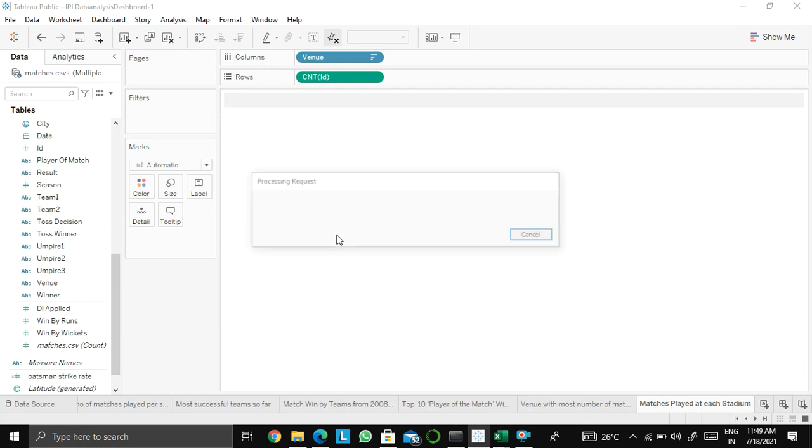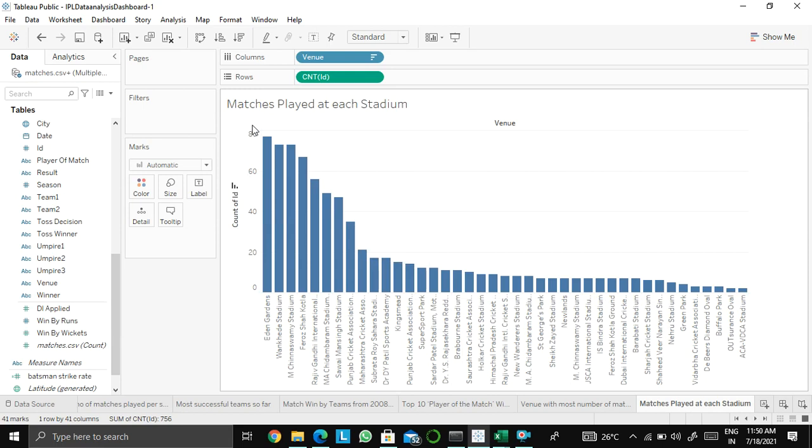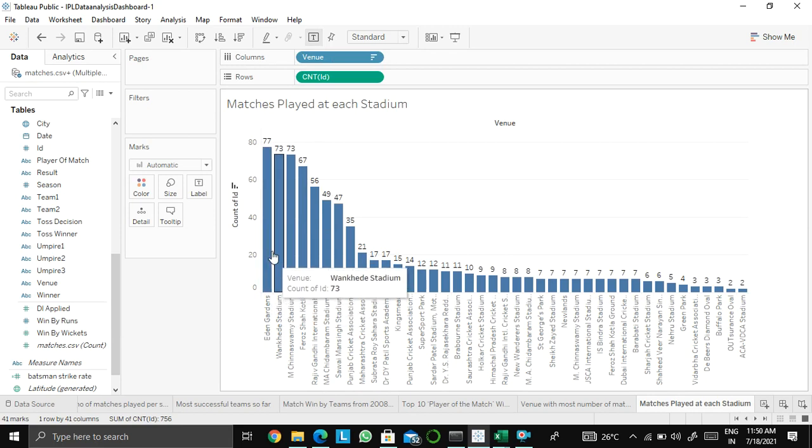Okay, I think it's a bit lagging, I guess. Yeah, here you can see matches played at each stadium. Let me just label it. Here you can see in Eden Gardens 77 matches have been held. In Wankhede Stadium 73 matches have been held.